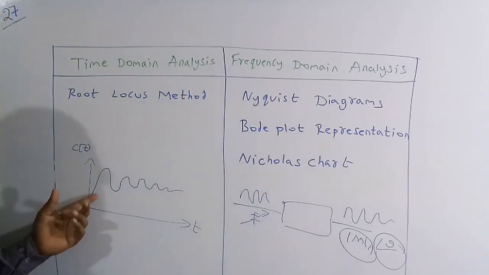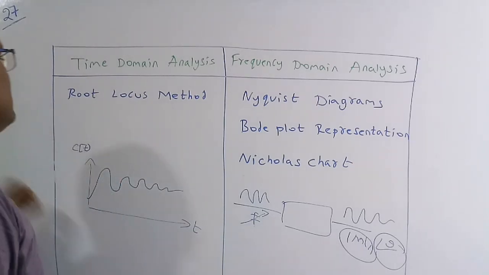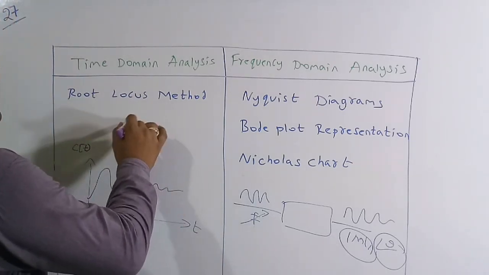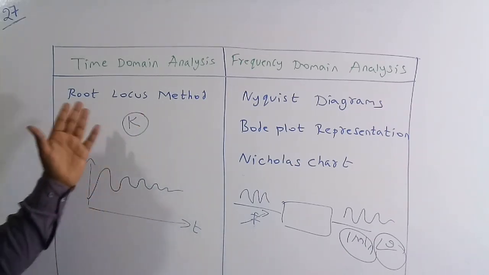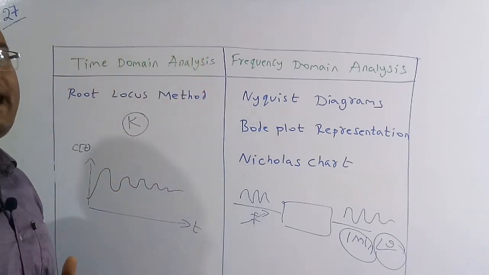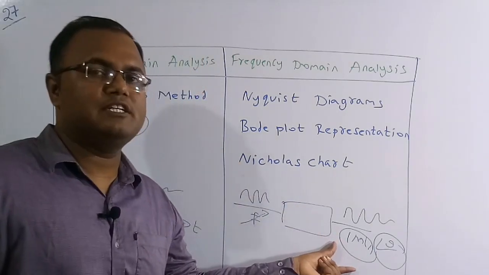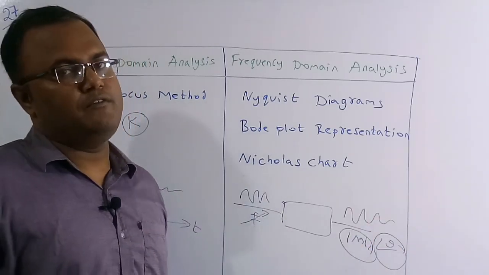Whereas here we need the response of the system, with respect to time, what is the nature of the response. Here k is a variable, so we are going to see what is the nature of the system as time goes on. We are going to obtain this by the time domain methods. Whereas for the frequency domain analysis, we need the magnitude of the response and also what is the phase angle of this output with respect to the input.